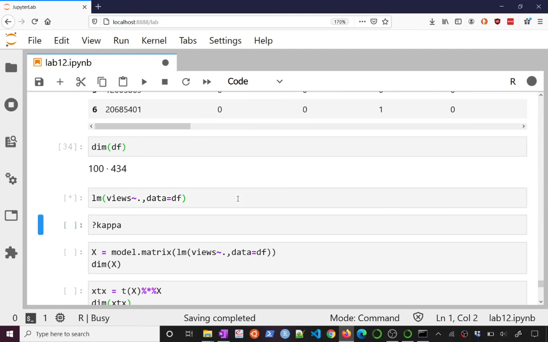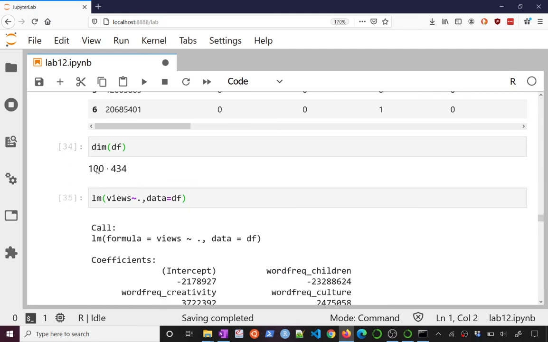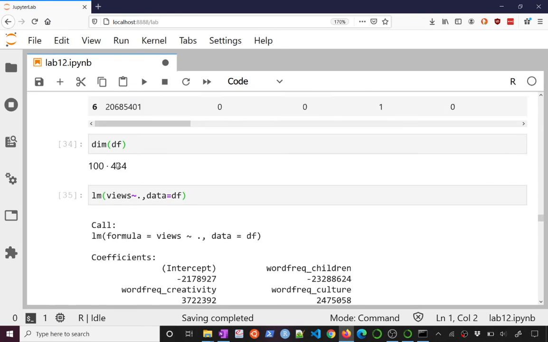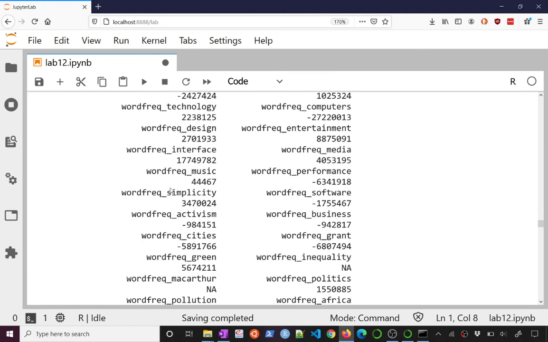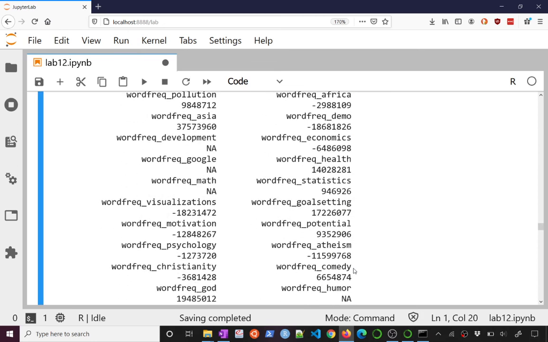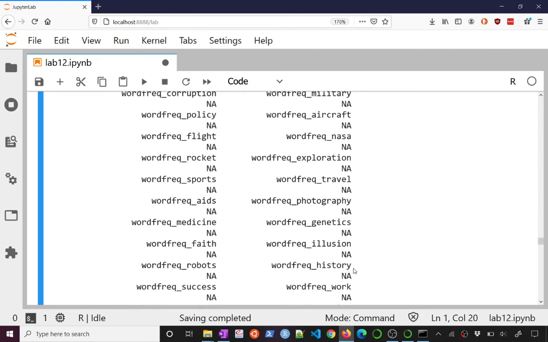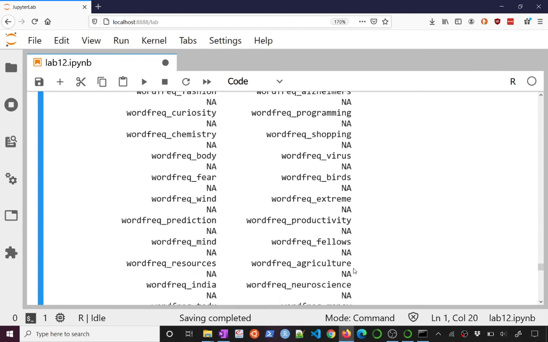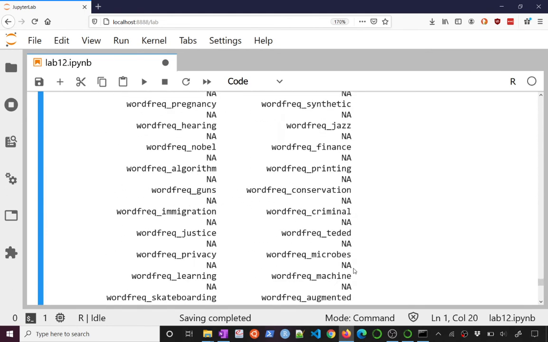Now, if I try to just fit a model predicting views for my 100 TED Talks from these 434 variables, what's going to happen is I have more variables, 434, than I do observations. And so you notice as I go through my beta hats here in my lm, I start to get these NAs, and actually I get a ton of these NAs showing up all over the place. So what's going on here? Well, basically I have